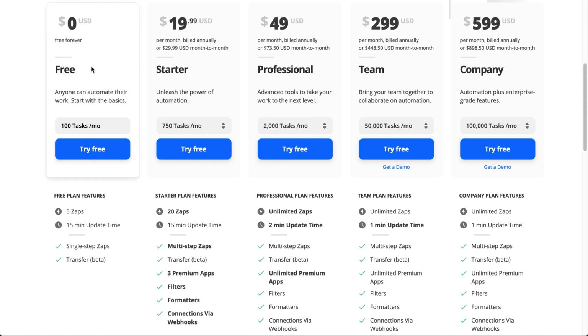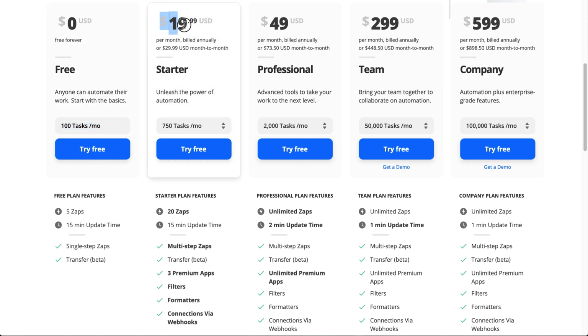And so they do have a free account, so free forever, 100 tasks a month. As I said, those 100 tasks are not going to last you very long, right? Because again, these tasks get stacked up, they get multiplied, they get eaten very, very quickly. So 100 tasks a month, it's good to try it out, to check out, make sure that everything's working, but it's not the best for actually doing and running your automation tasks. For those, you need a paid account.